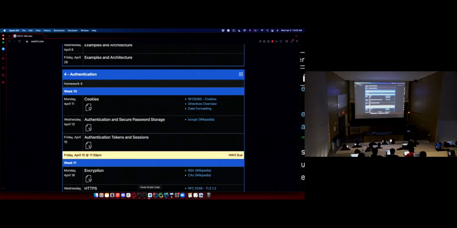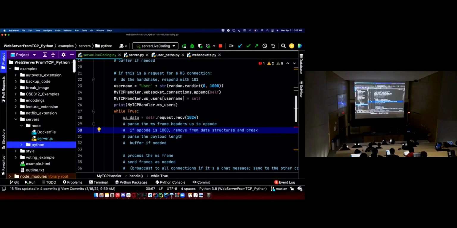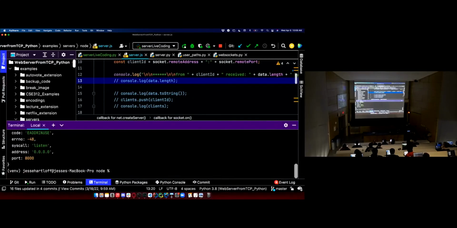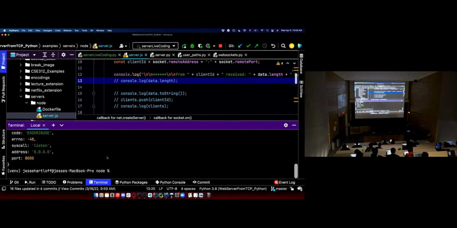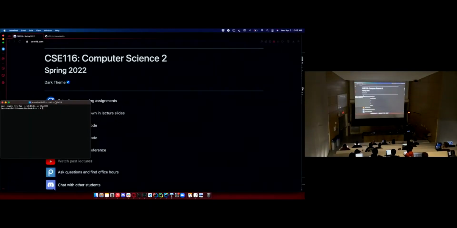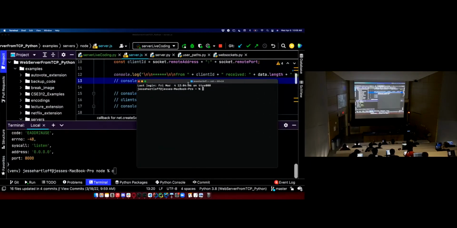All right, so I want to go right to PyCharm. So I want to run JavaScript in PyCharm. Can I even do that? CD example. I could do this, but it's not going to be as simple as it literally just hit me. I'm not going to be able to run this in PyCharm, and I don't feel like going back to VS Code.